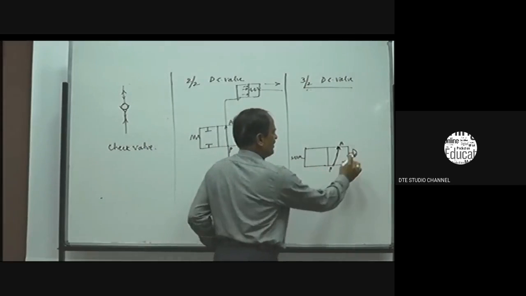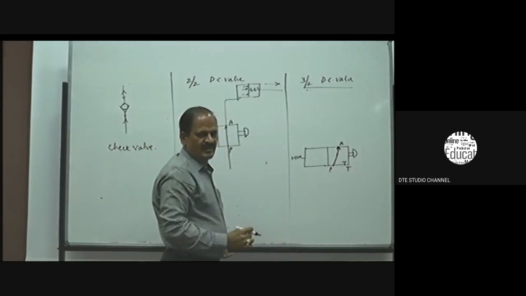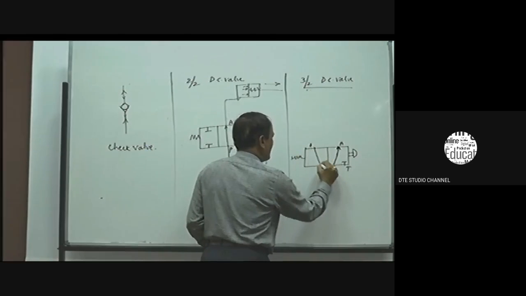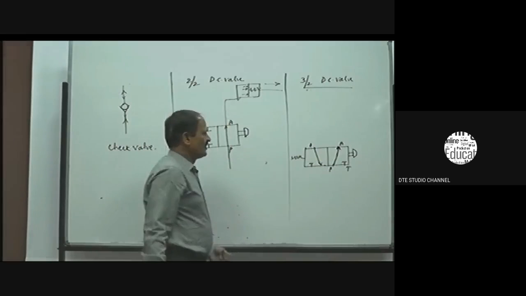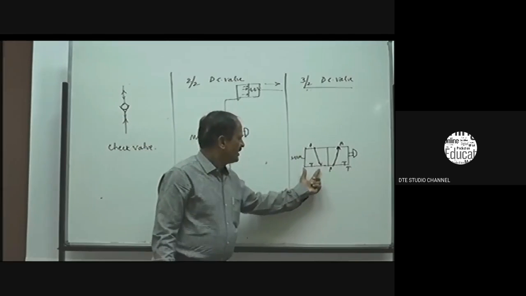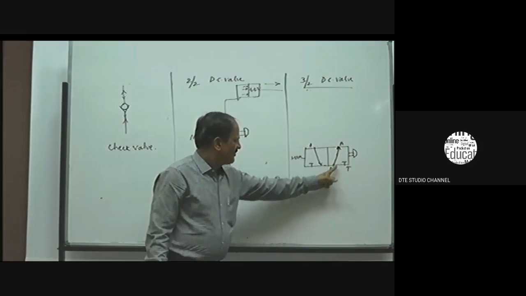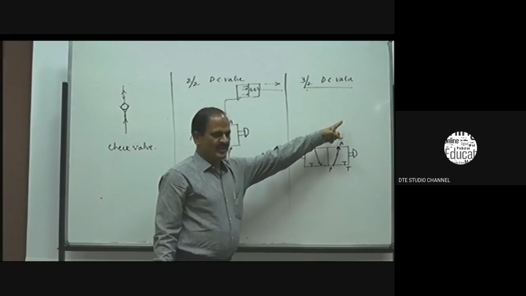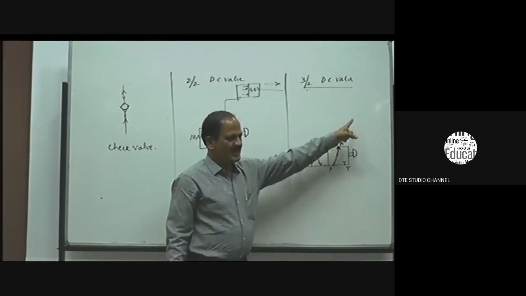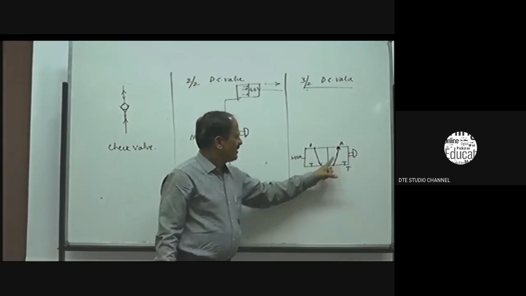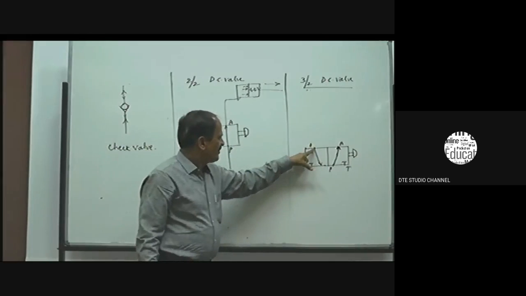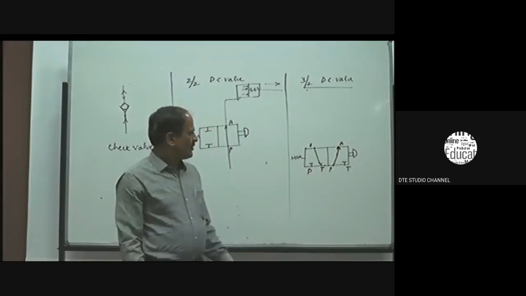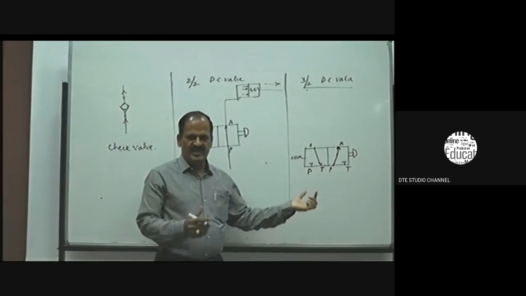In the second position, after releasing the push button, A is connected to T and P is closed. You just see the change of these arrows. In the first position, fluid flows from P to A to the working port. This is the working port connected to the actuator. In the second position, whenever the push button is released, connection is made from A to T, and P is closed.